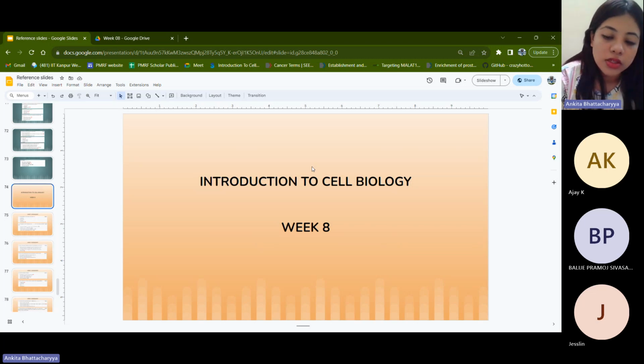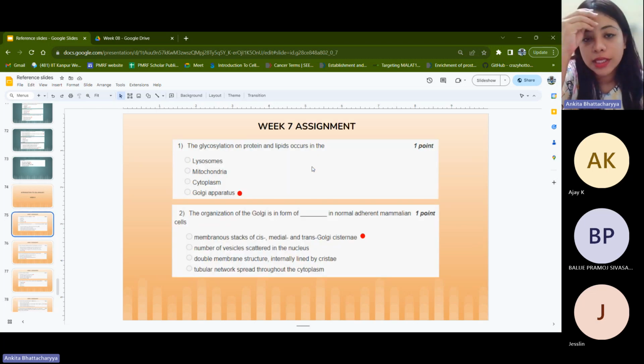As part of week 7, if you remember, we had started our discussion on the endomembrane system. We had extensively discussed the role of the endoplasmic reticulum and of the Golgi, and how each of them has different roles, not just with respect to vesicular transfer or trafficking of resources within the cell, but also with respect to their communication with the cytoskeleton, their roles in metabolism, etc.